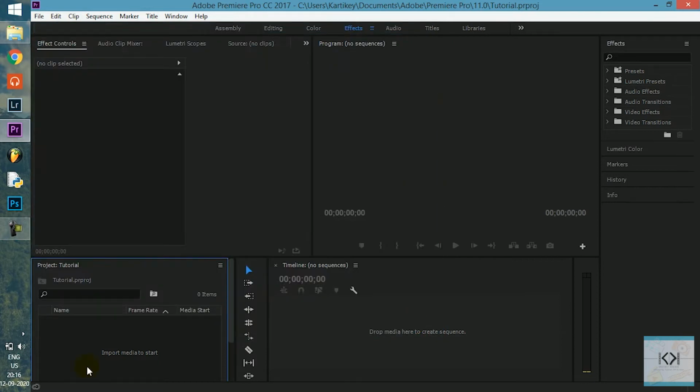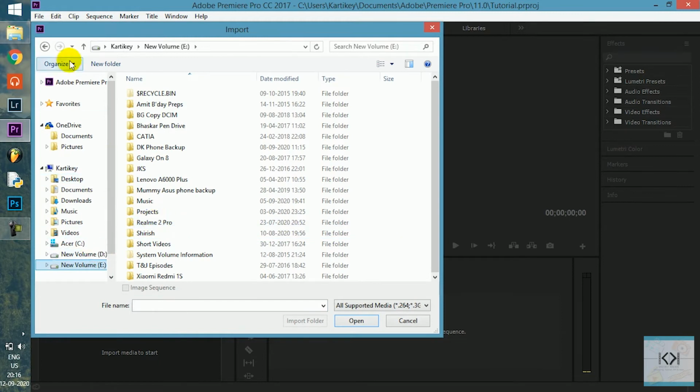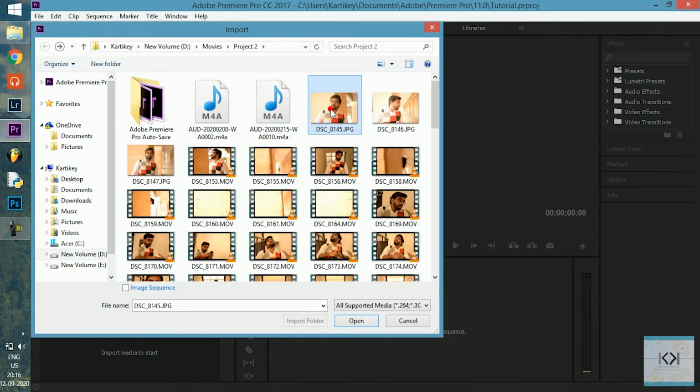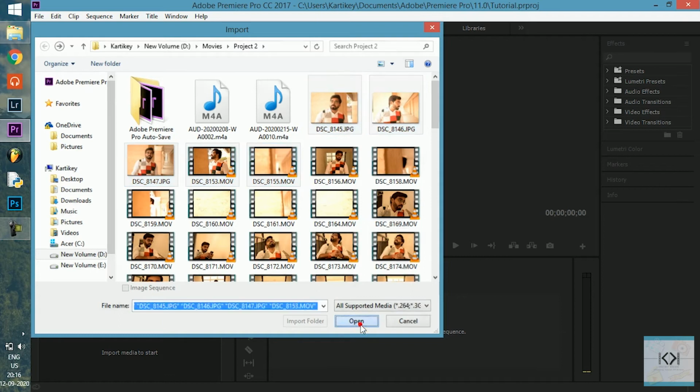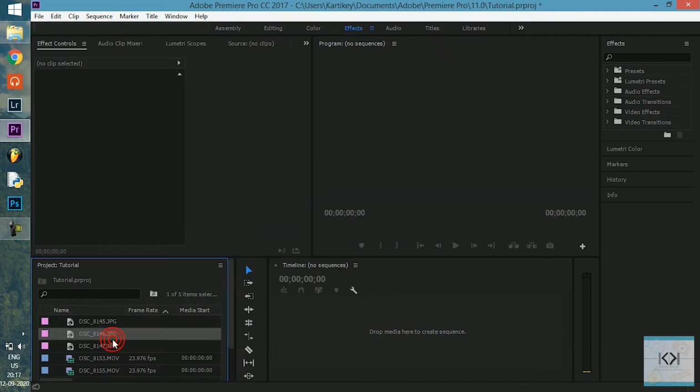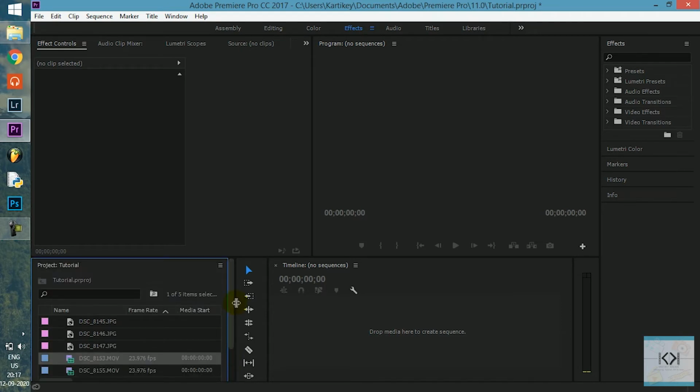Another way is to double click here and again go to whatever folder you have stored your media in. For now I will be using one of my projects, the music video that I created. So for the sake of this tutorial, let's import these 5 items. Once you've selected all the items, you need to click on open. It's importing files, and bang, those files are over here in our project panel. Okay, so this is the library only, so we cannot see what is inside of them. However, you can change the look of it by going over here, and these things I will not show you in this video because it will confuse and complicate things.